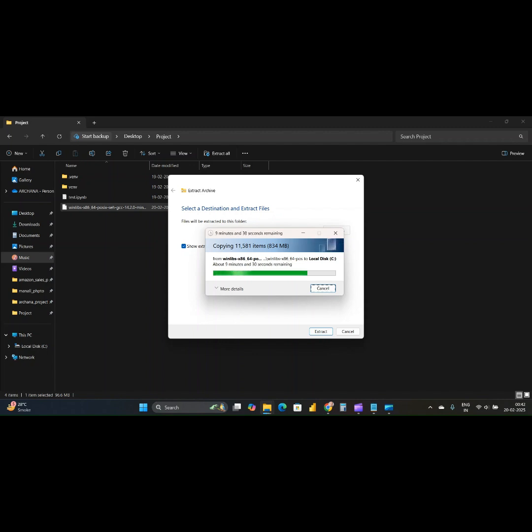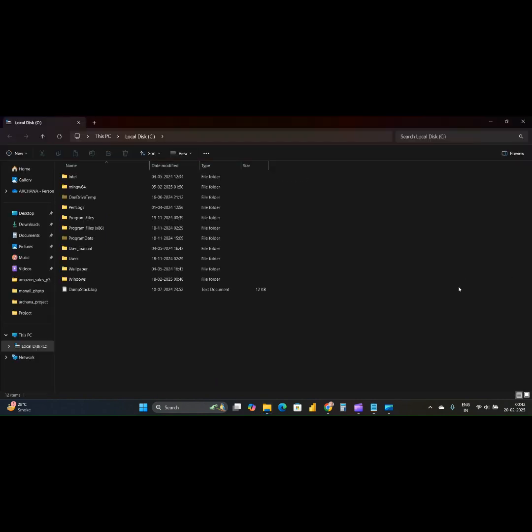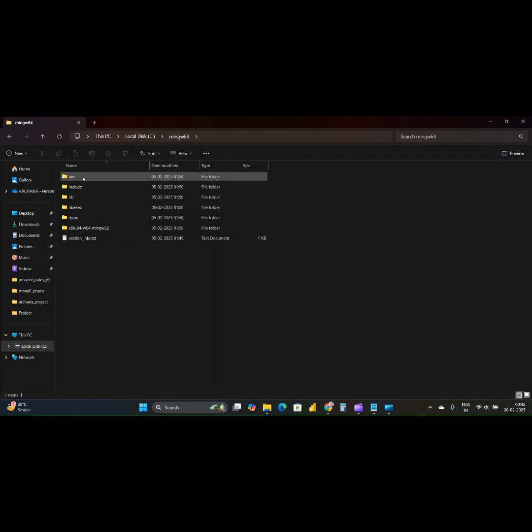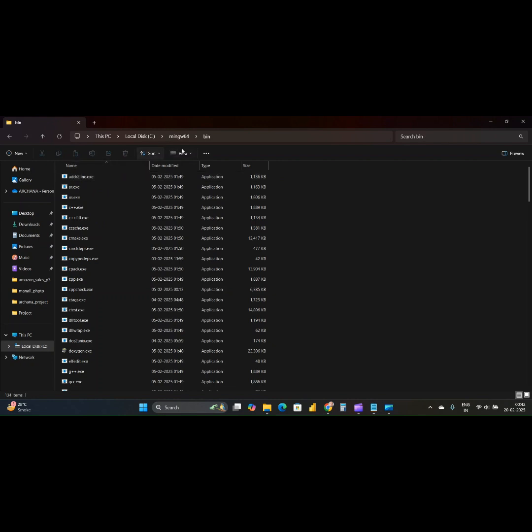Okay, so it is successfully extracted, and the C drive is automatically open. You can see the MinGW64 folder here. Just open that. And the next step is we need to give the path of that bin folder, the main folder, which has all the tools there. So we need to copy that path